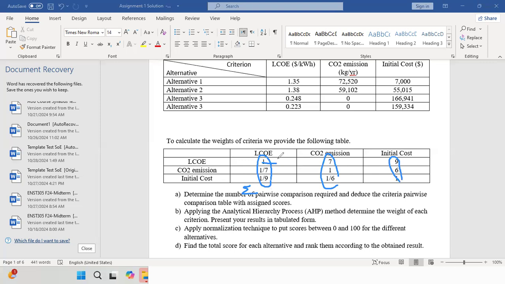And then when I do 1 over this summation, I will obtain a first weight for LCOE. I will obtain 3 values of weight from this column, from this one, and from this one. So I can find the average weight by doing weight 1 plus weight 2 plus weight 3 over 3. So if we look at the table summarizing this,